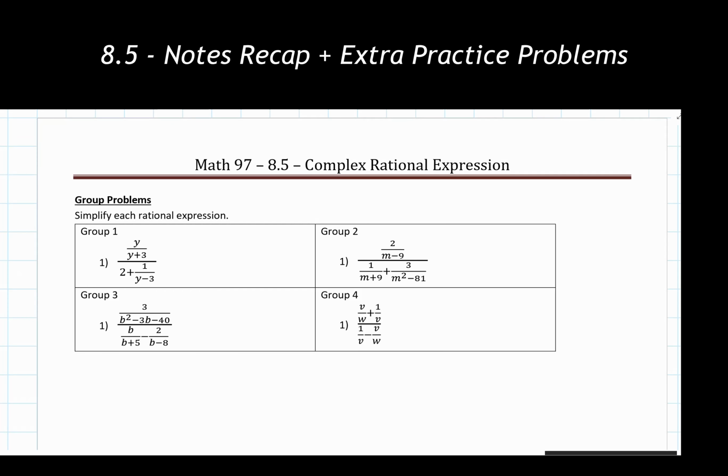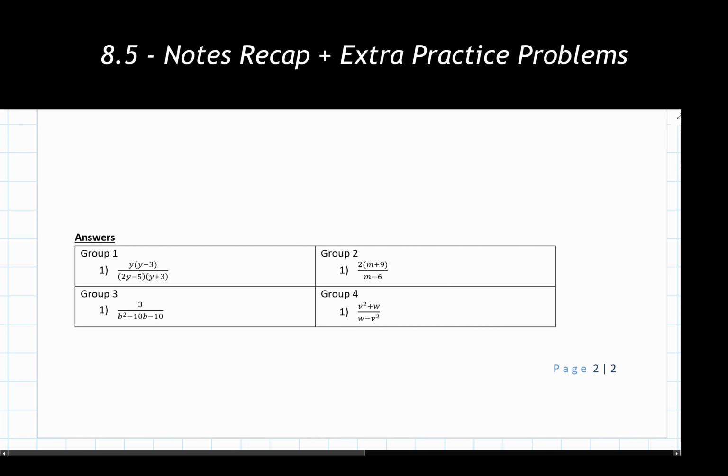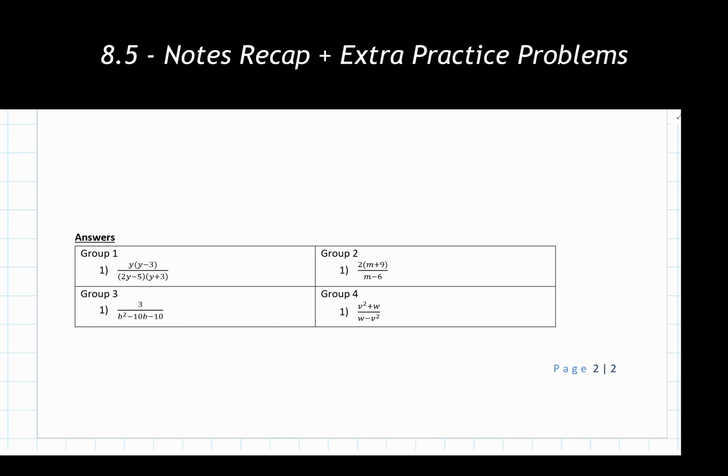And scrolling down, we have our answers here. Again, you might notice with a fair amount of these that there are a lot of steps involved. That's fine. That's just how the problem works itself out. The last thing I will note, looking at group 1's problem we have here: if you wanted to, you could multiply these two factored parts together, but it's also not uncommon to see them left fully factored like we have them here, and that would be perfectly acceptable.